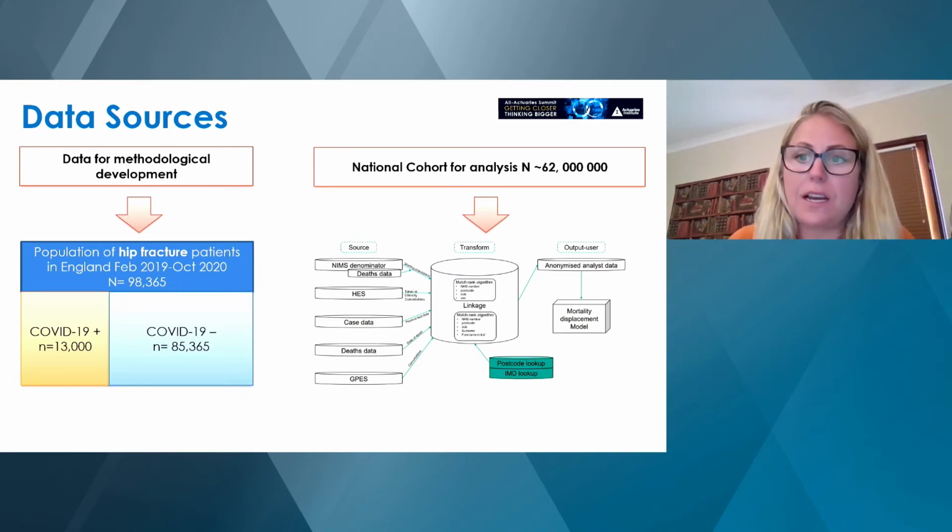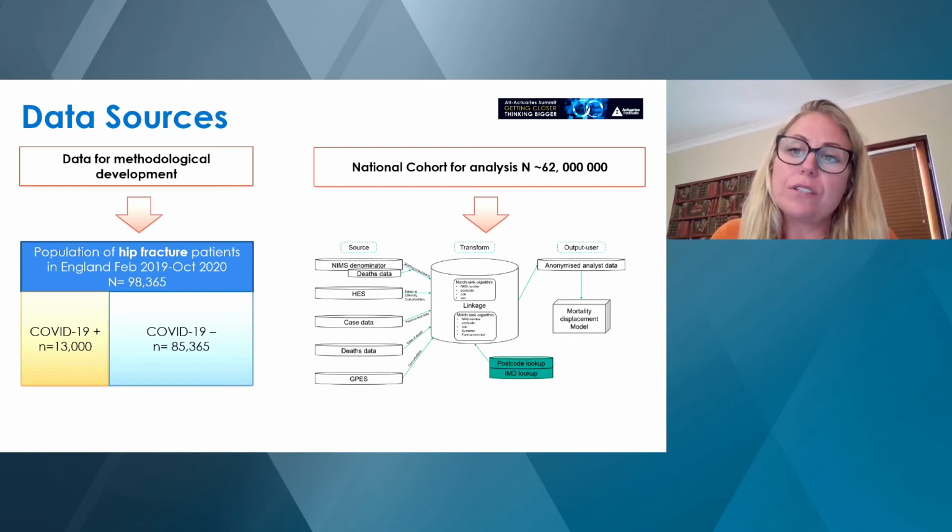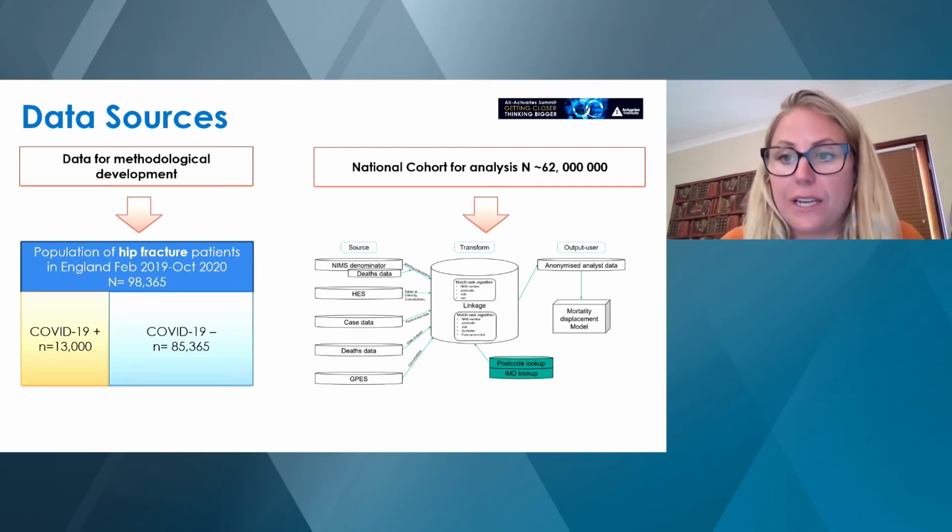Going on from the development, that's the results of the hip fracture data set is what I'm going to present today. We are now working on our national cohort. We have every individual in England, from the vaccination register. It's roughly 62 million individuals. We've linked